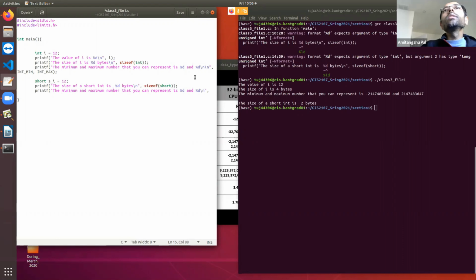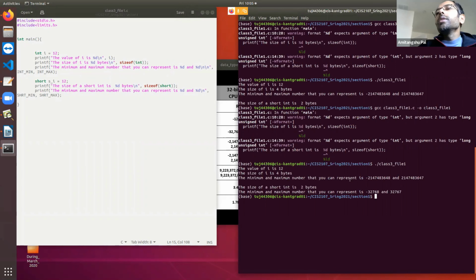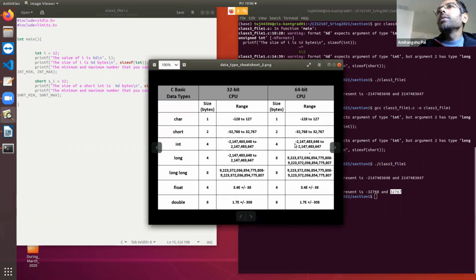So the corresponding constants are SHRT_MIN and SHRT_MAX, short min and short max. Let's see its range of numbers. So it is saying minus 32768 to plus 32767. Alright, which is also matching with this table.